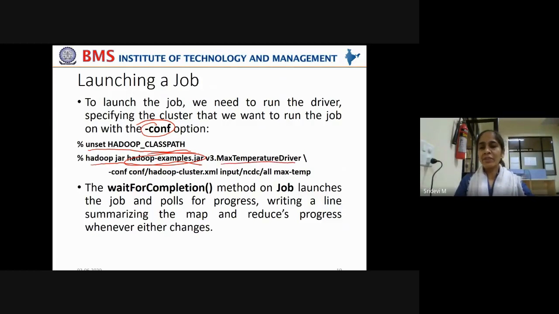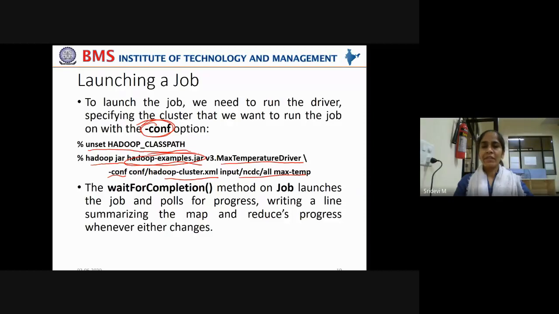From this, MaxTemperatureDriver is your test driver, which is readily available to you because you performed all the tests in the previous session. You are giving this driver and using the -conf option, which uses hadoop-cluster.xml, reading the local file.